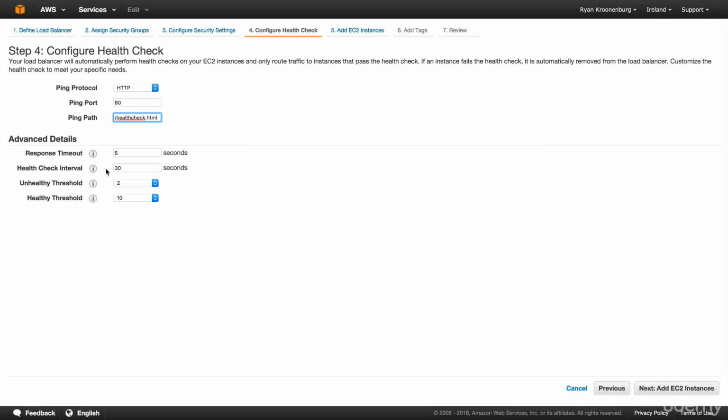The next one is our health check interval. Essentially this is the amount of time between each health check. At the moment it's 30 seconds, and we're going to change this, but I just want to show you how this works. So the first one is our unhealthy threshold, and it's set to a default value